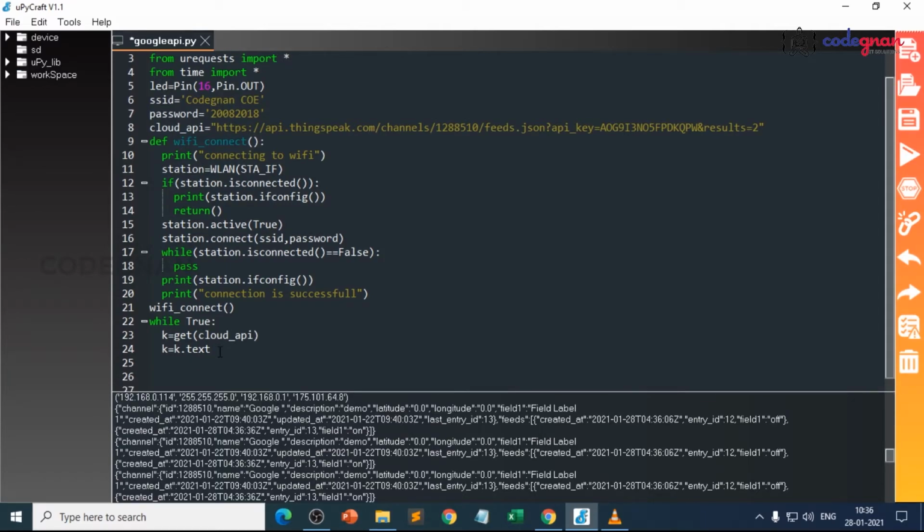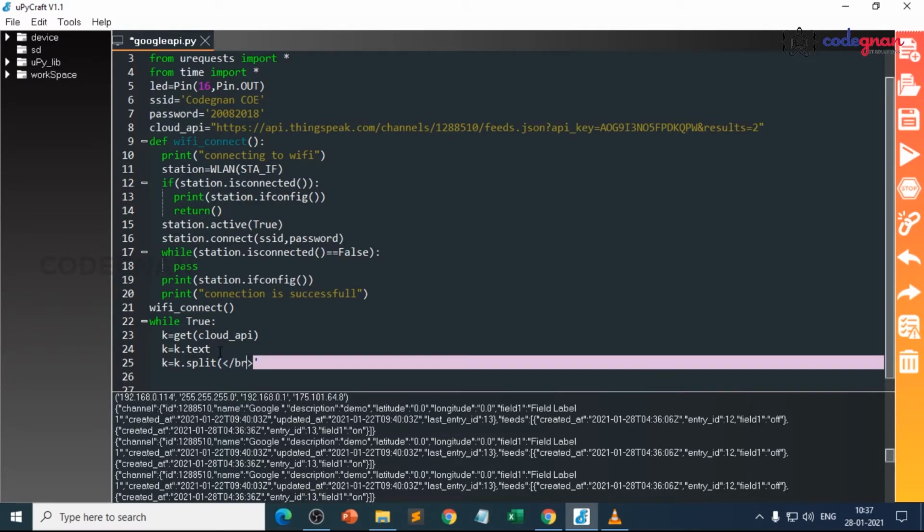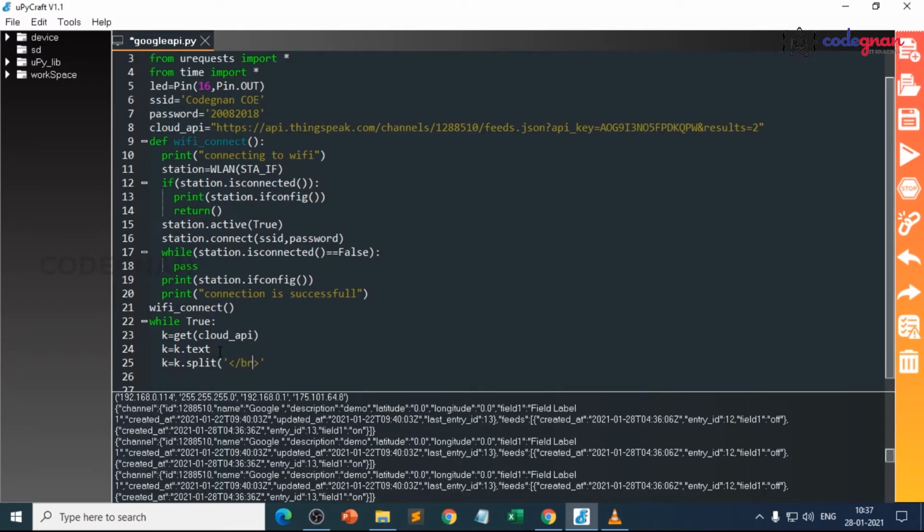Split this function: k equals to k dot split of, it should be in brackets here. Okay, now print the k.